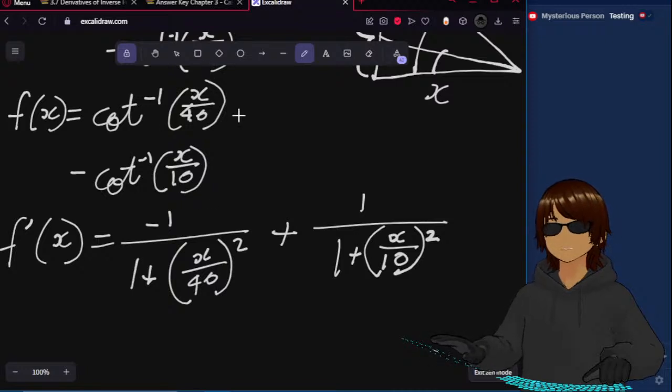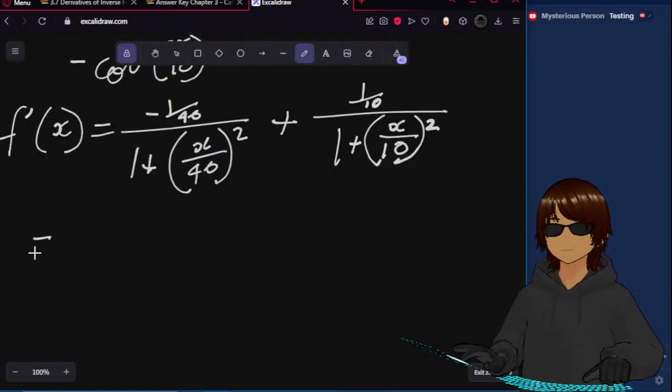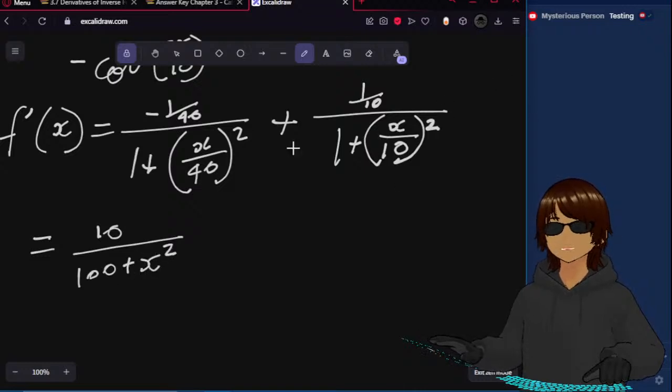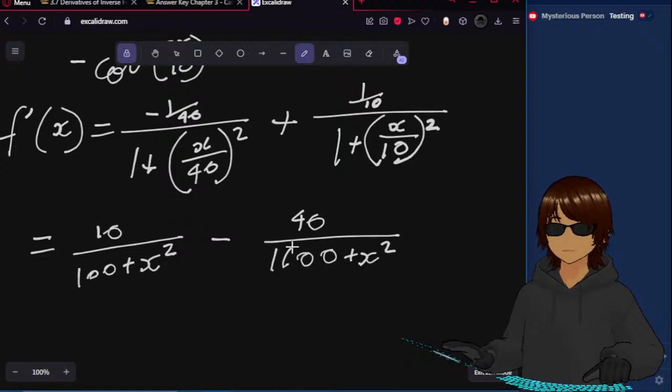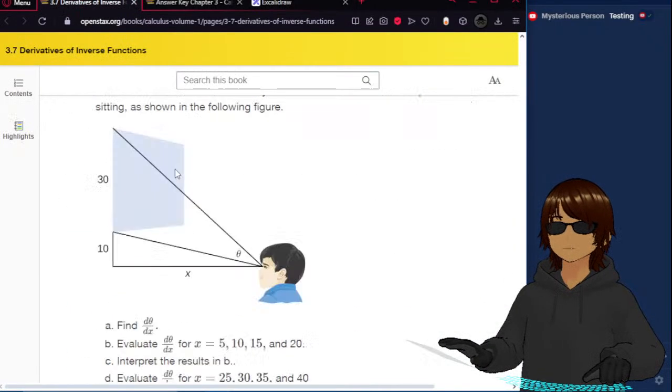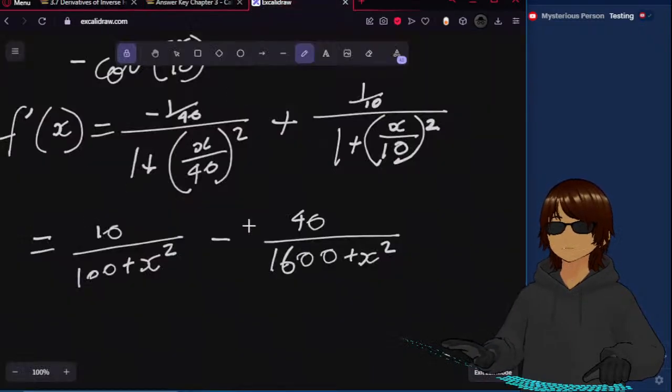Then derivative of the outside times the derivative of the inside. So 1 over 40, over 10. Then this is, so I'm correct. If I square both sides, then I multiply both sides with 100. Now what? This is